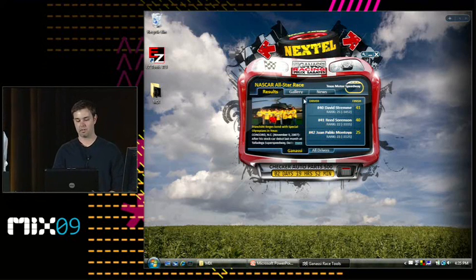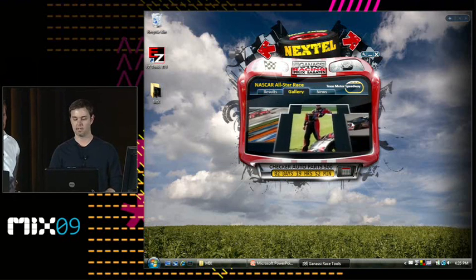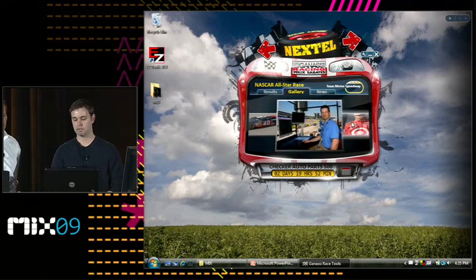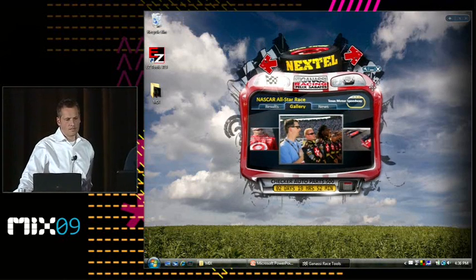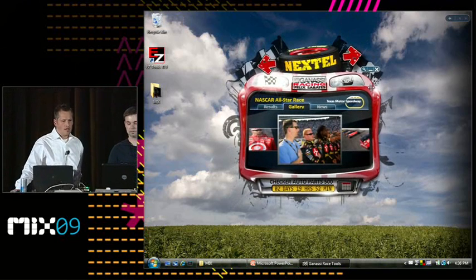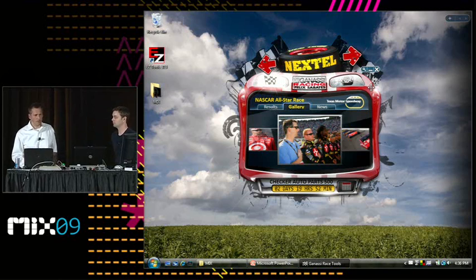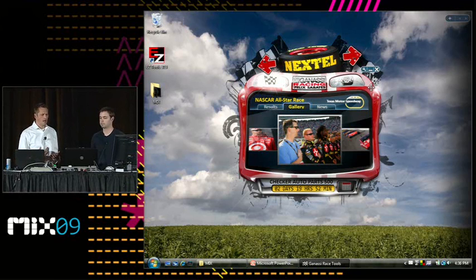So one other thing here, too, is if we go to the gallery, we're taking something that you're kind of seeing a lot with Apple's Cover Flow. But it gives a nice, quick way to view through the images of the last race. So if you look at the tactile qualities of this thing, the body of the application, the chrome, the wrapper, whatever you want to call it, was actually modeled in 3D in order to more truly resemble